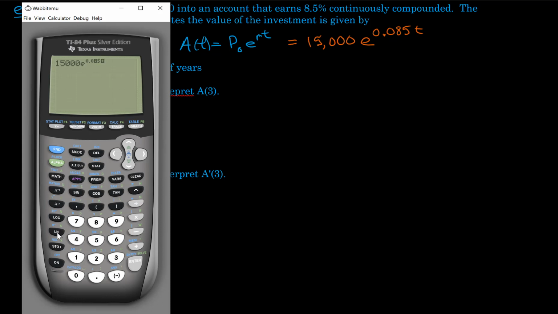Now, in our equation it says t, but in the calculator it wants to use the value x. However, we don't want to put x in. In this case, we want to put times 3, because remember, we're trying to evaluate this at A of 3. Okay, so I go ahead and crunch that out, and this is